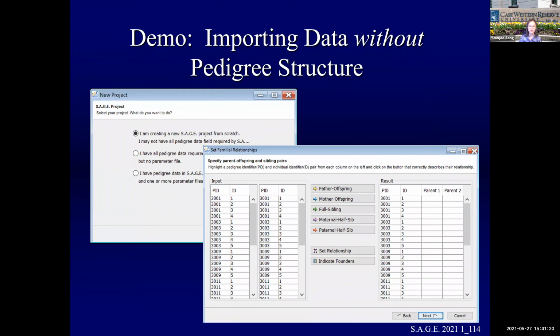If you have data that doesn't have the pedigree structure in it, you can use the GUI to construct the pedigree structure there. How you do it is right at the beginning of the stage, when it's asking what type of project you want to do, you can specify the first option: I am creating a new SAGE project, but it doesn't have all the pedigree data fields required for SAGE. So you can click this one. Then